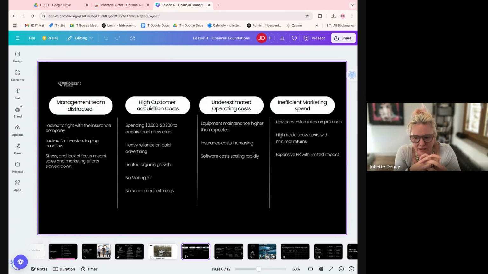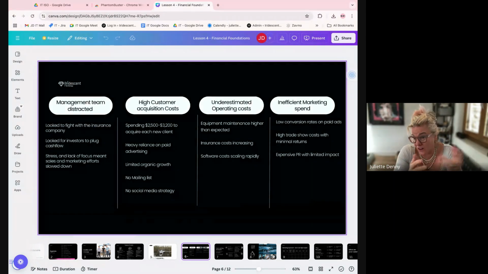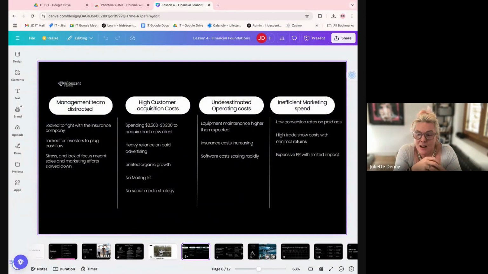And this heavy reliance on paid advertising means that as soon as they stop using that paid advertising, their ability to basically acquire new clients obviously craters as well, right? So you've got these forces that are affecting the business, which are like, we've got to cut costs. The only costs that we can cut are the variable costs, right? Like, pay per ad. But of course, the downside of that is obviously they're not able to acquire new